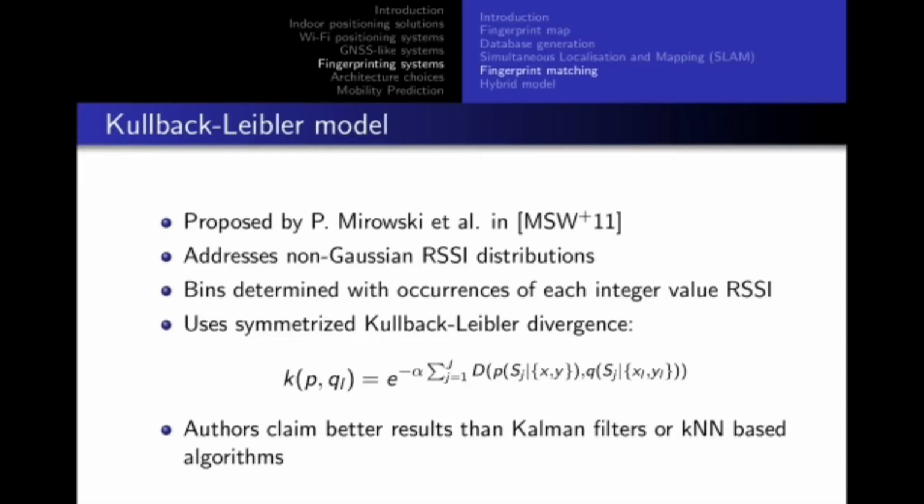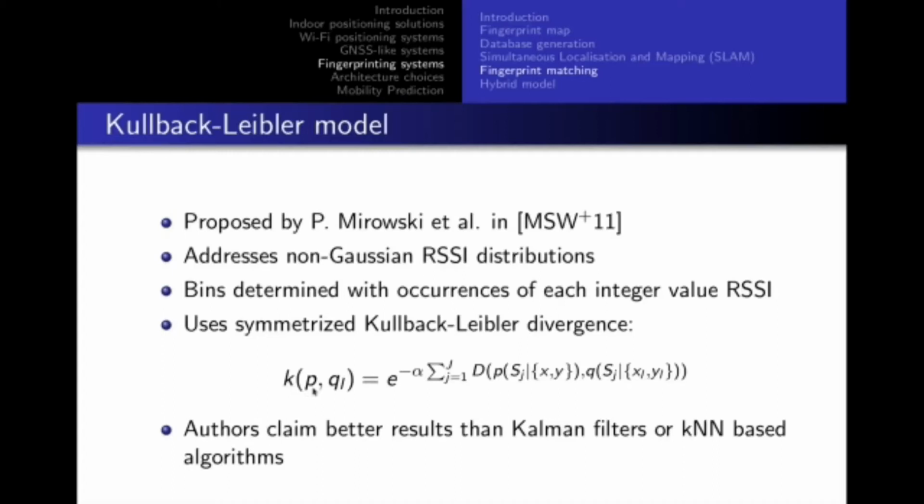We also have a solution with the Kullback-Leibler model, which was proposed by Piotr Marusski in 2011. It addresses non-Gaussian RSSI distributions, which can be common in indoor environments. In this case, we have histograms with bins determined with occurrences of each integer value of the RSSI. And we use the symmetrized Kullback-Leibler divergence, so you can have more information in this reference,